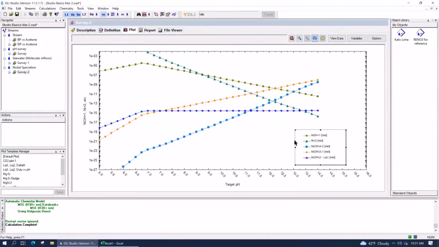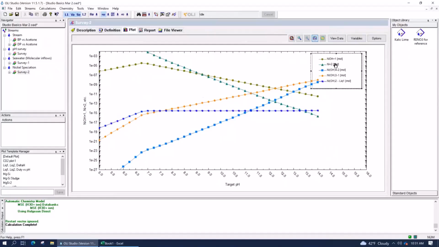So what I want to get to is this. Look at my screen right now, although you can look at it on yours as well. Look at what I used for variables. I've got nickel +2 in the triangles. That's essentially the nickel ion dissolved in water. That nickel ion is important at low pHs.